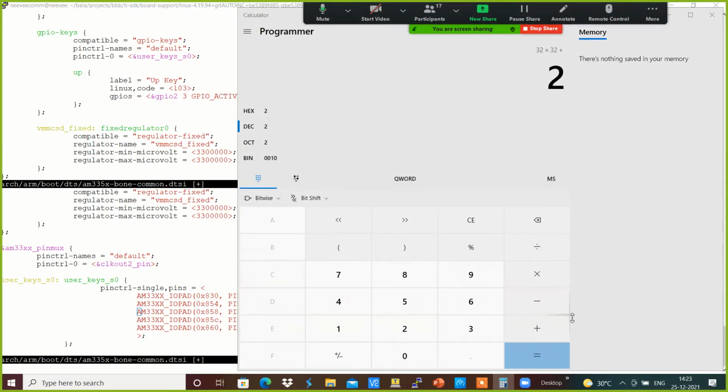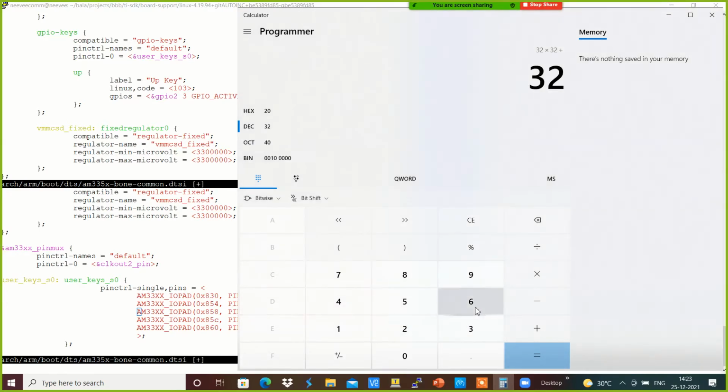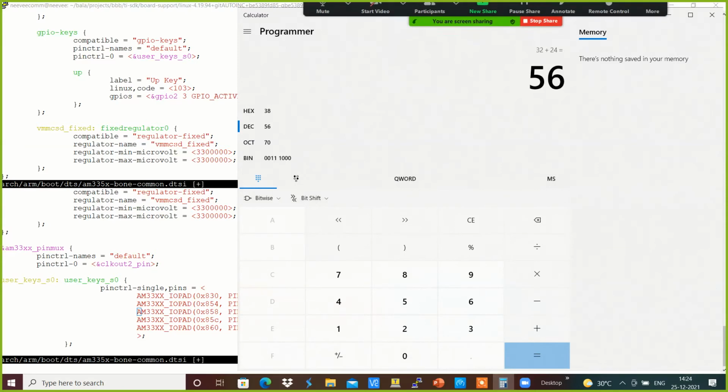Can you see my screen? Yeah, I'm just calculating 32 plus 24 equals, clear. 32 plus 24 equals 48.